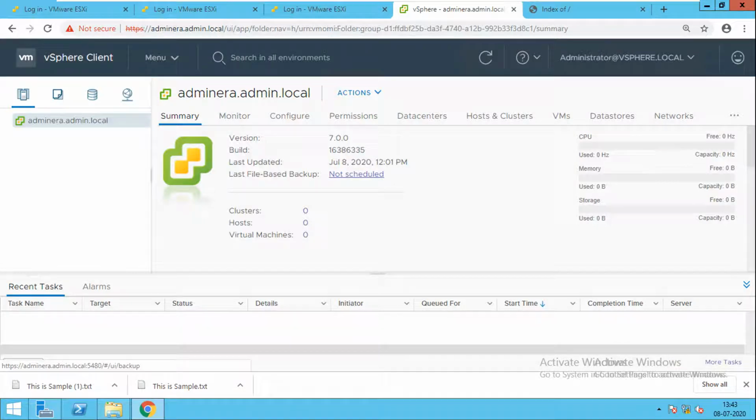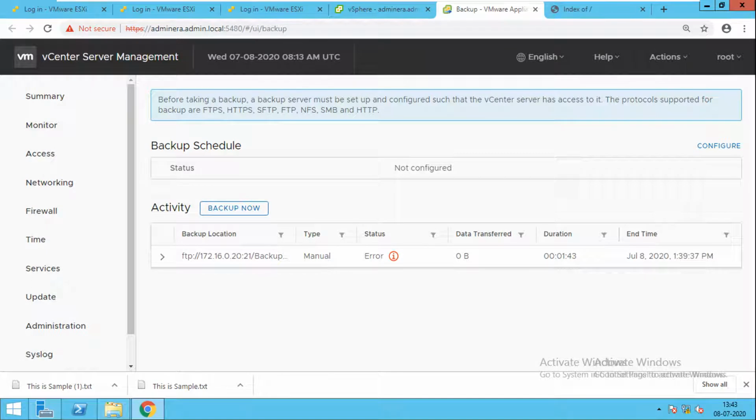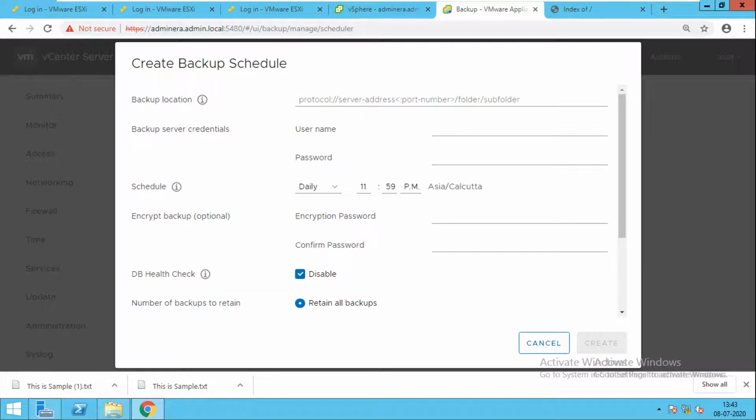So what we'll do is schedule a backup. The backup is not scheduled, so we'll just click on it. It will open the appliance, which is the VAMI console. We logged in. If backup is not configured, we'll directly go and configure it. The option is there, we'll just go and it's asking